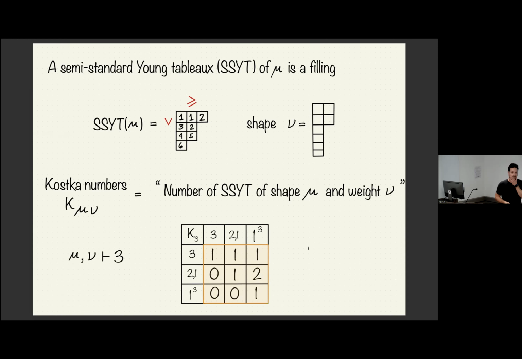Okay, so if you want to play around with this a little, you just see that, for example, if you do the same exercises for partitions with 3 boxes, you have these 3 partitions that I wrote before, and if you just count the number of fillings, you'll convince yourself this is